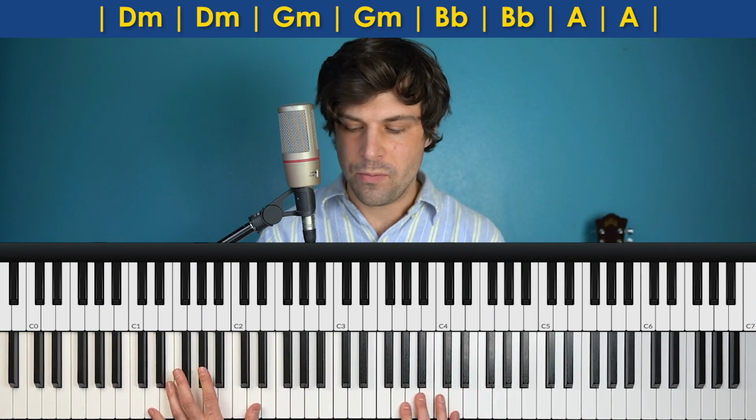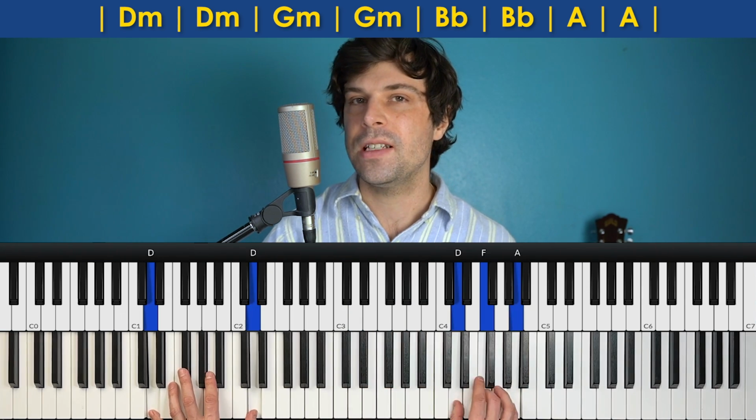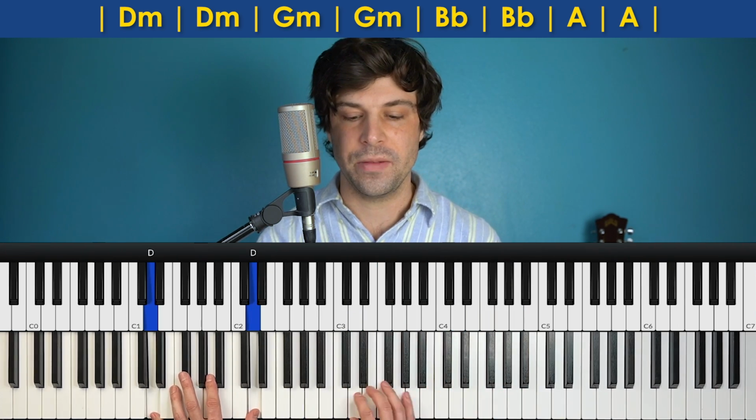Also, if you want to switch it up more, it could sound cool to bring the right hand down an octave. The high piano is still going on, but there is some lower other instruments going on, so it could be